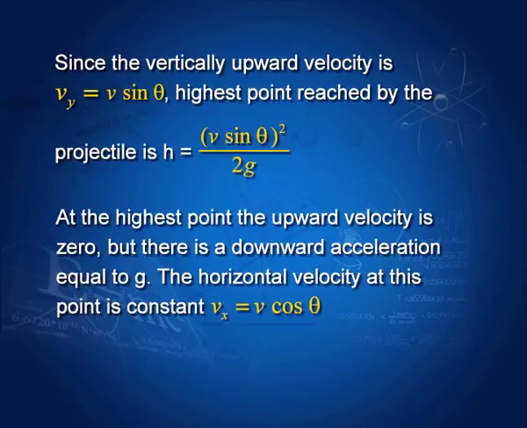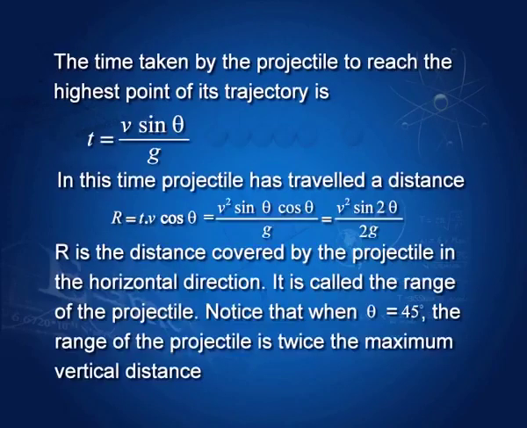At the highest point the upward velocity is 0, but there is a downward acceleration equal to g. The horizontal velocity at this point is constant, as I showed you in the last slide. The time taken by the projectile to reach the highest point of this trajectory is t equal to v sin theta by g. In this time the projectile has travelled a distance horizontally, a distance t into v cos theta,